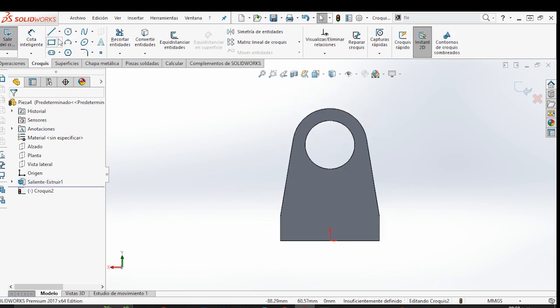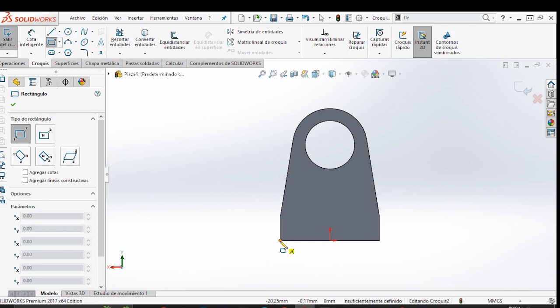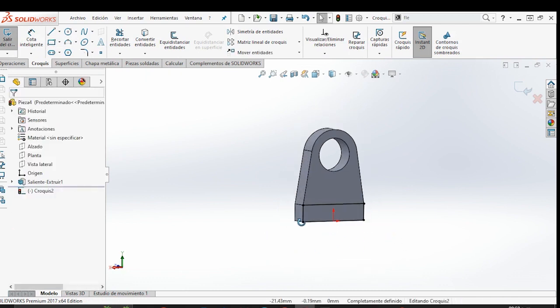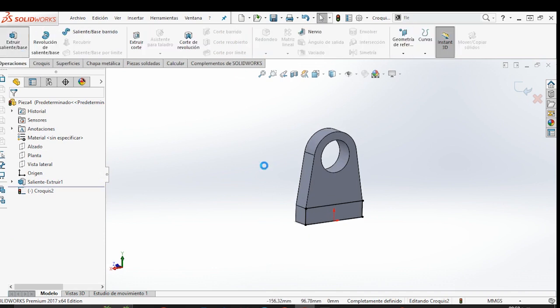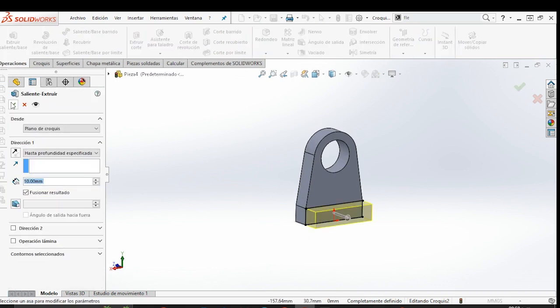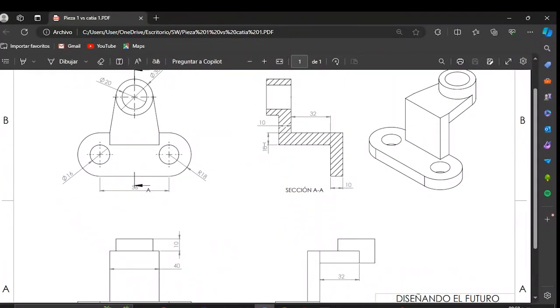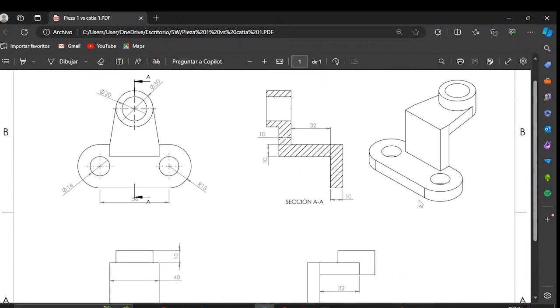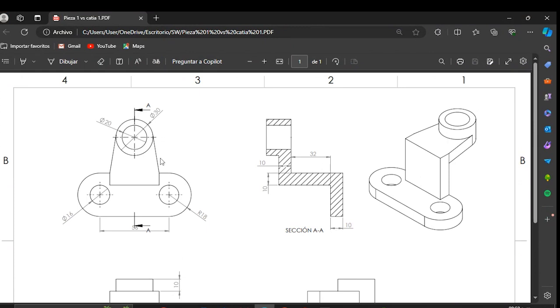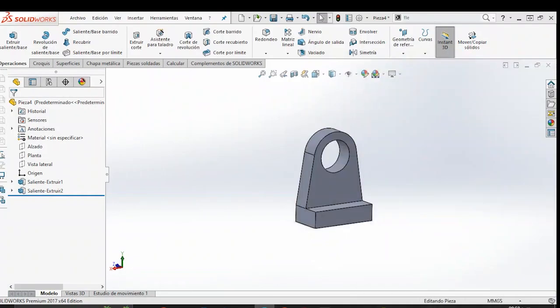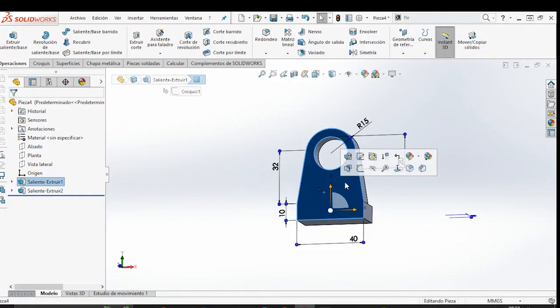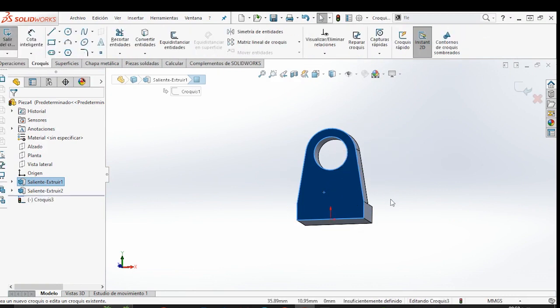select rectangle in this corner to this, and we give measure. We give 10. We accept, and now we are going to make this profile. We're going to make this stroke, and so select this face, sketch, press Ctrl+8,